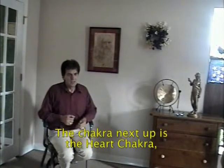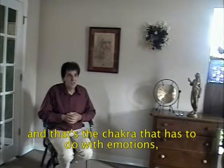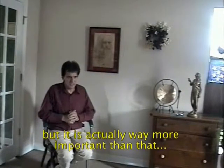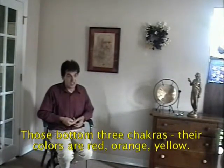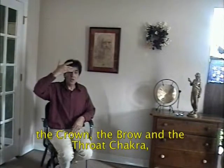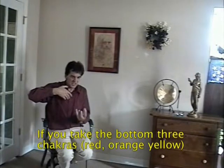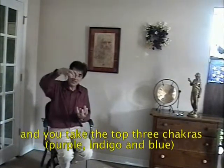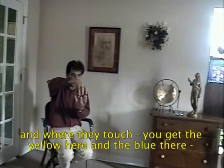Right. The chakra next up is the heart chakra, and that's the chakra that has to do with emotions, but it's actually way more important than that. Those bottom 3 chakras, the colors are red, orange, yellow. We haven't talked about the top 3 chakras yet, the crown, the brow, and the throat chakra, and the colors for that are purple, indigo, and blue. If you take the bottom 3 chakras, red, orange, yellow, and you take the top 3 chakras, purple, indigo, and blue, and where they touch,